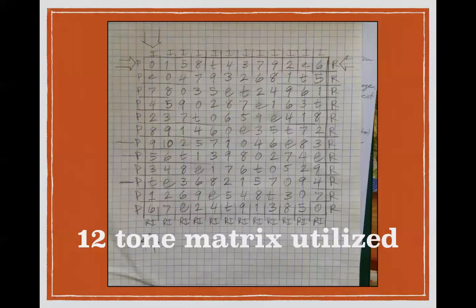Here is the tone matrix that he utilizes, and I arrived at this by isolating the prime form and then transposing that to P0 and saving the intervallic relationships. So then you just transpose it up, up, up. My own personal technique for this is simply following the P rows up 1, 2, 3, 4 sequentially, and then adding a number on for each additional pitch class, therefore arriving at the same intervals, transposing the